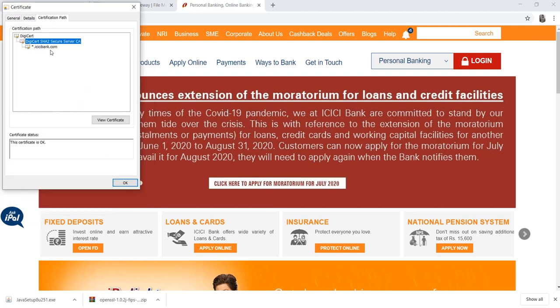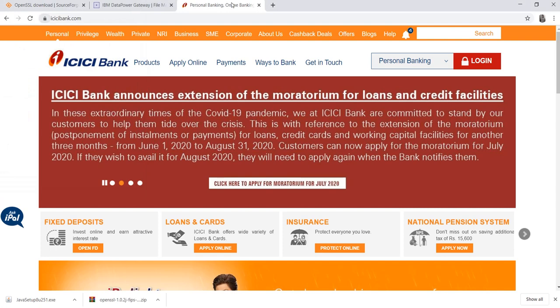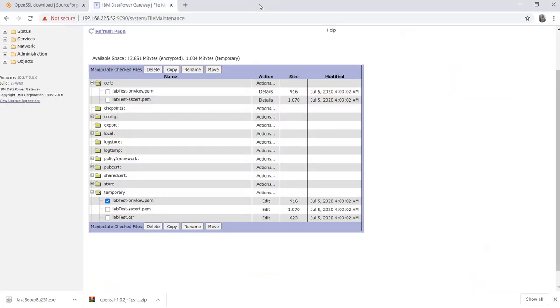If we go to the main certificate and click on it, this is the main certificate. The certificate is okay, and if you want to extract it, we can export the certificate as well. I'll show you later how we can export it. Here I just told you what kind of certificate we'll be able to see and get when your certificate is signed by the authority. Okay, so let's close this one.